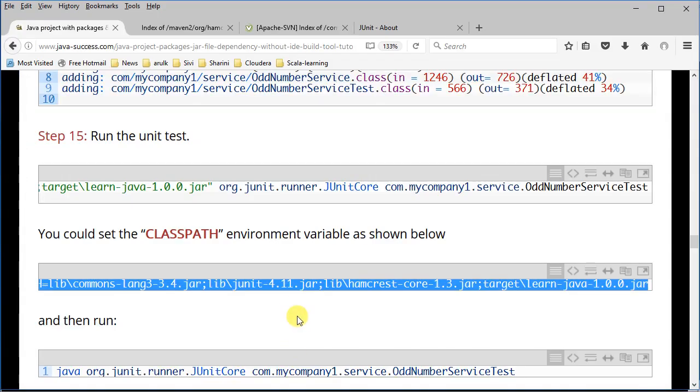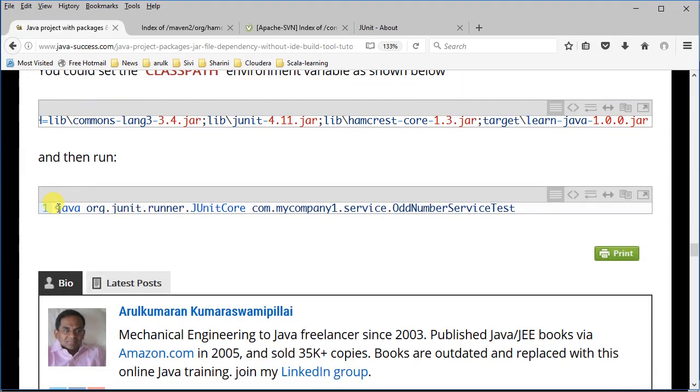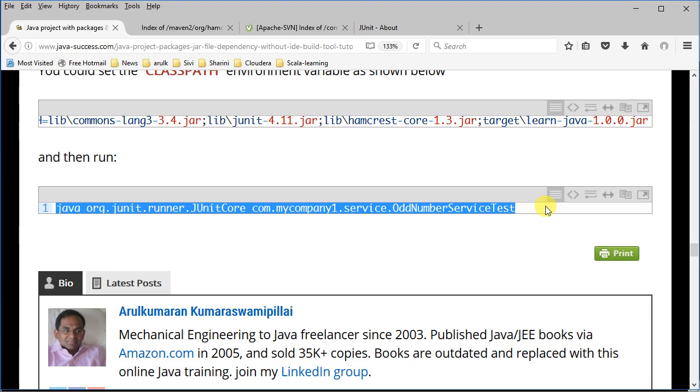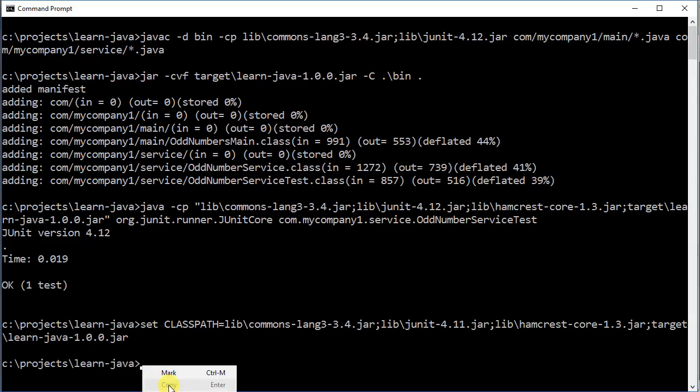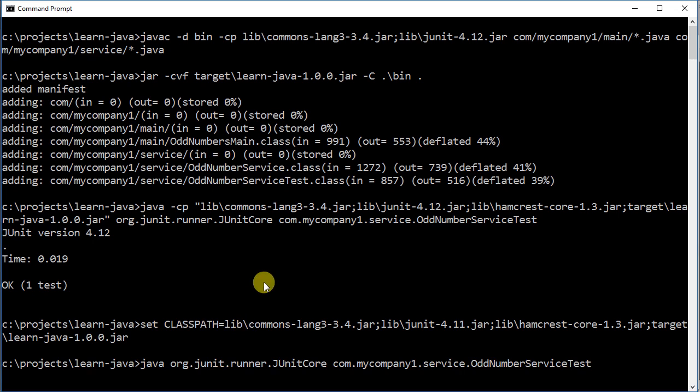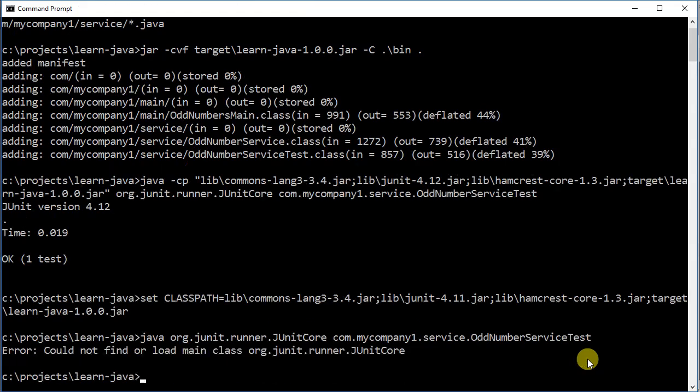Now you go and run this JUnit test. So you're running java, then you're running JUnitCore, which is one of the JUnit jar package files, and then you pass the name of the test that you want to run. So now once you run this, you'll get,